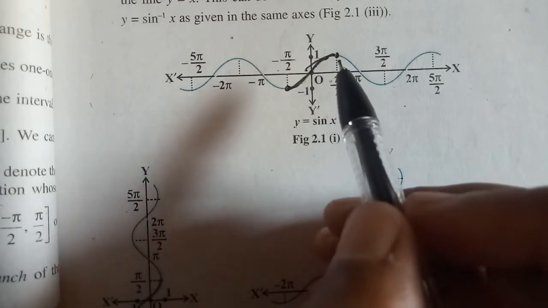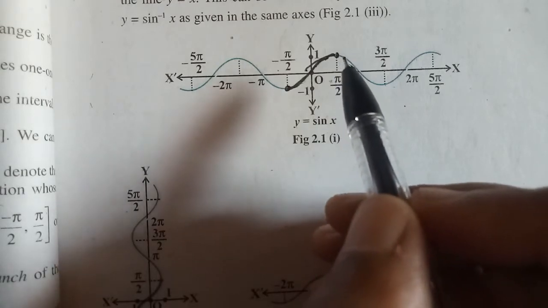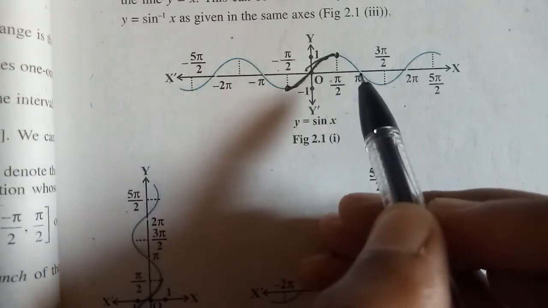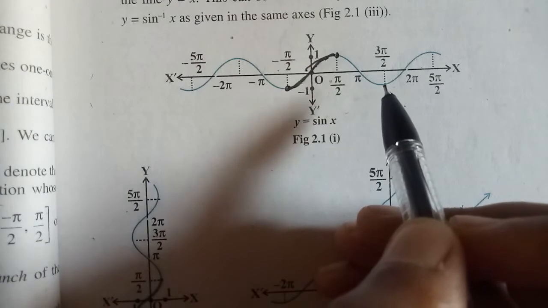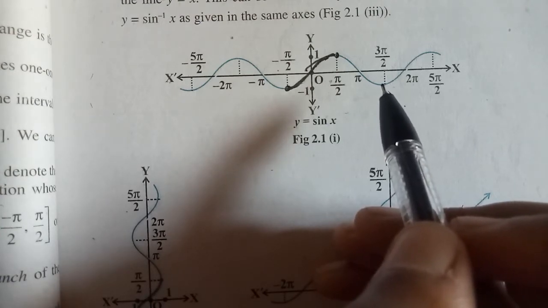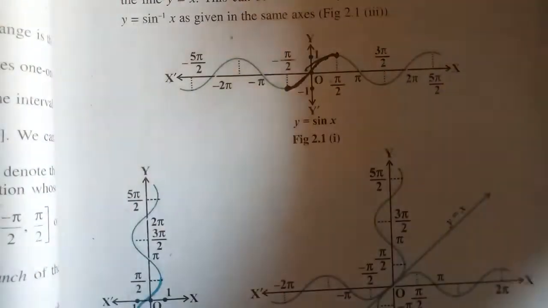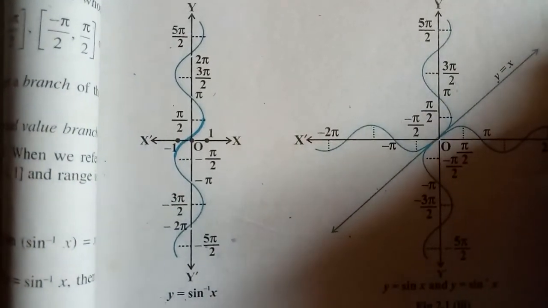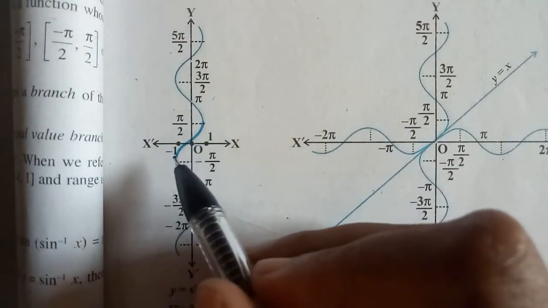Yes. Otherwise, if I continue here, if I come down here, the pattern will be repeated, and this element will become the same, and this element will become the same, which should not happen for injectivity, right? So now I will have to change the domain, and hence the range will also change. I have another graph of sine as sine inverse. Here I changed the domain and the codomain. So now sine inverse x will appear here, and you can see that in the text it is highlighted.